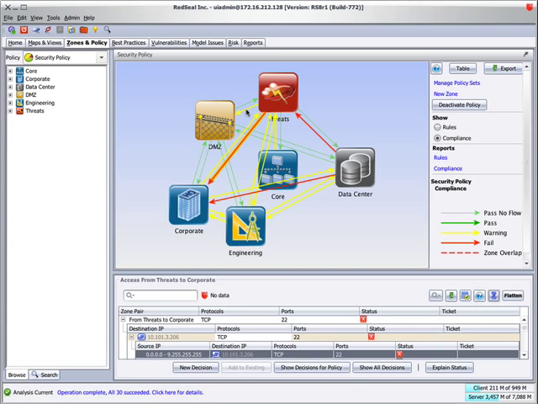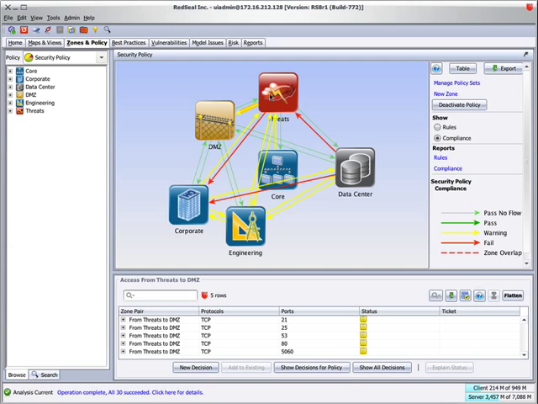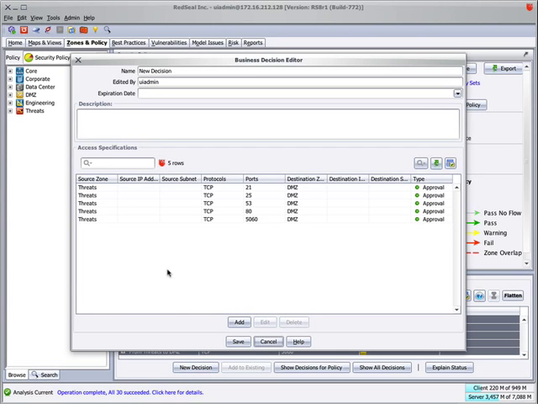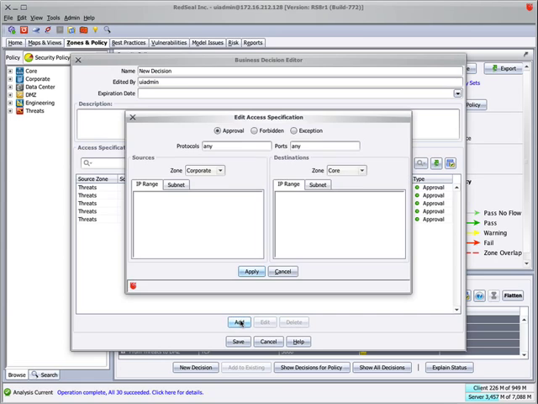Similarly, you'll see here that from threats to the DMZ, there are a number of ports that are allowed. Now, most of these are what you would expect. Port 21, port 25, 53, and so on. These are ports that may very well be intentionally allowed. One of the things that I can do here is create what RedSeal calls a business decision to actually approve this access. So I'm going to add these